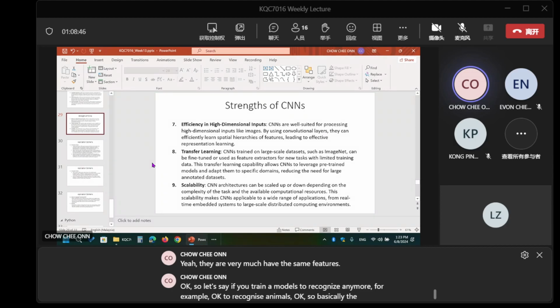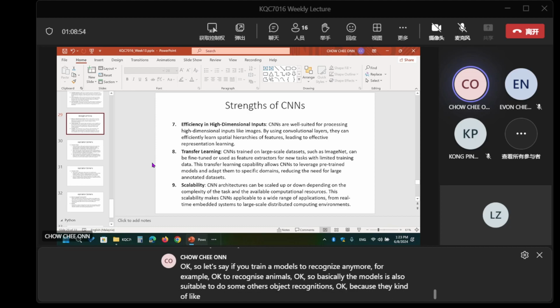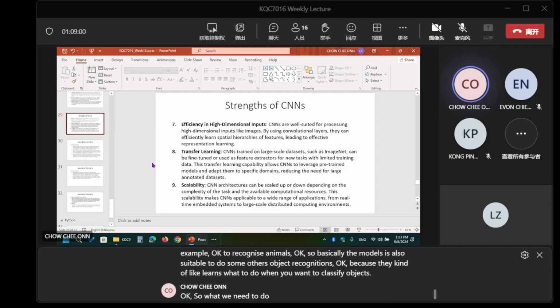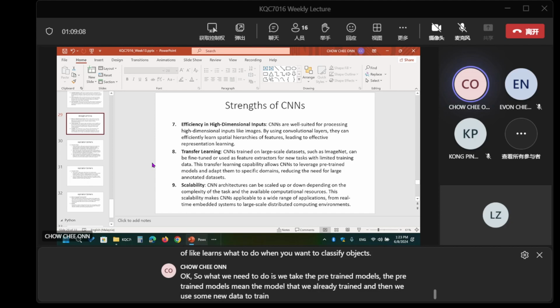Basically the model is also suitable for other object recognition, because it learns what to do when you want to classify objects. So what we need to do is take the pre-trained model, the model that we already trained, and then use some new data to train it to learn new things.